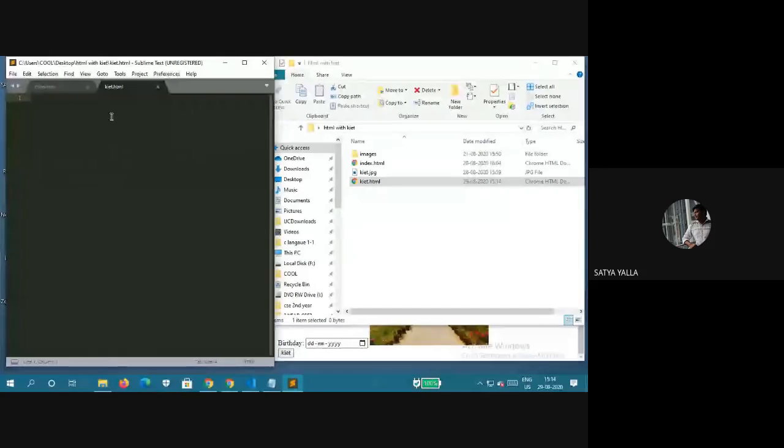Whenever we open a new HTML file, we have to create the home page structure for everything. It's common to all. We just type HTML and press enter, and it gives the home page structure for that page. Okay, that's the default structure.